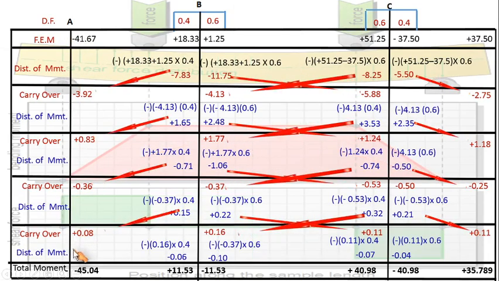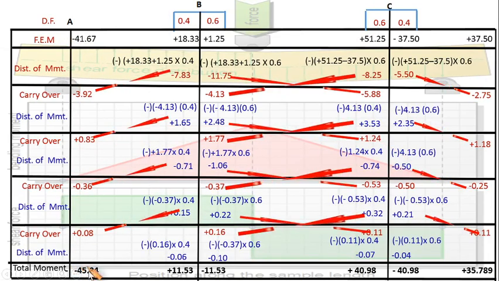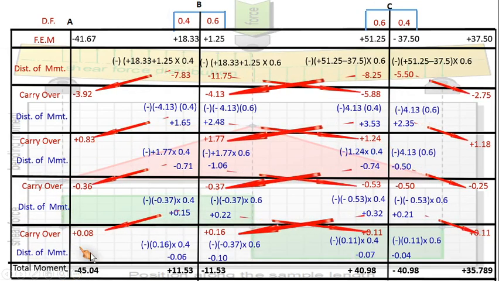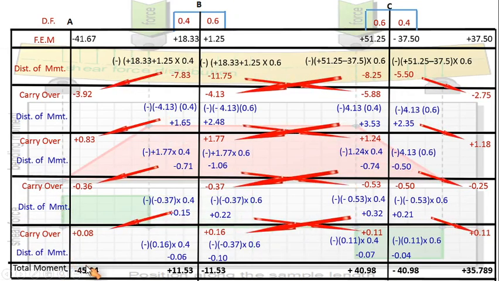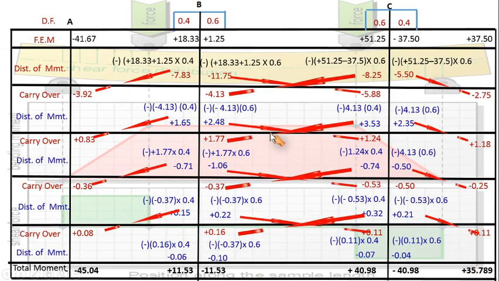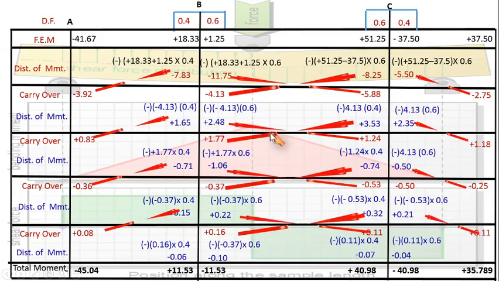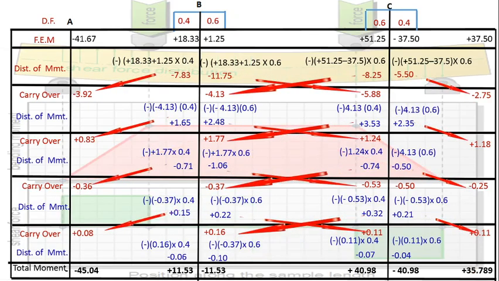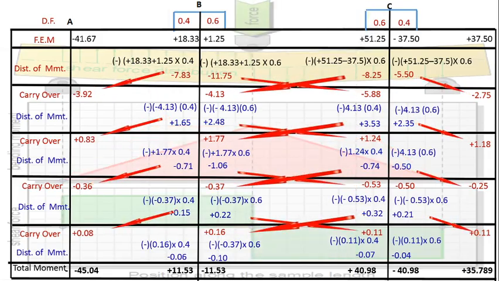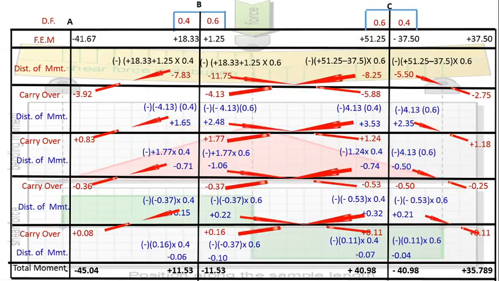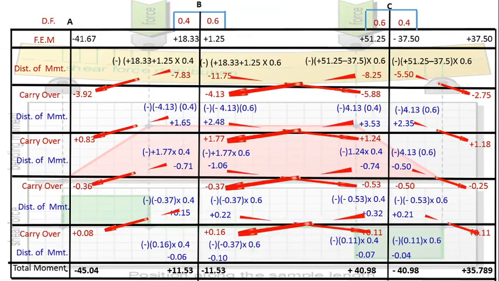So fixed end moments are occurring at that particular thing, which is to be taken by that fixed end only. Is it okay? So there cannot be equal to 0. Same is the case with the D joint. So I hope you all are getting how the iterations are to be performed, where the iterations are to be stopped, and how the judgment is to be taken for stopping that particular iteration. And ultimately we have to find out the final moment.